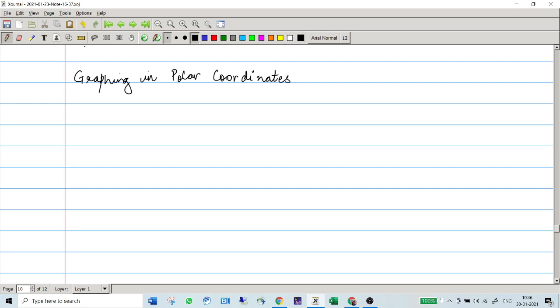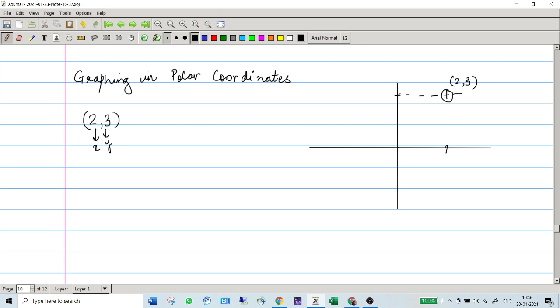form of x and y, let us have the coordinate axes like these. If you are given some x comma y, let's say 2 comma 3, where this is your x and this is your y, you took 2 units on the x-axis and 3 units in the direction of the y-axis, and whatever that point was, we plotted it there, and this was the point 2 comma 3, right? So we used to travel by 2 units in the x-axis and 3 units in the y-axis, as the point was 2 comma 3.